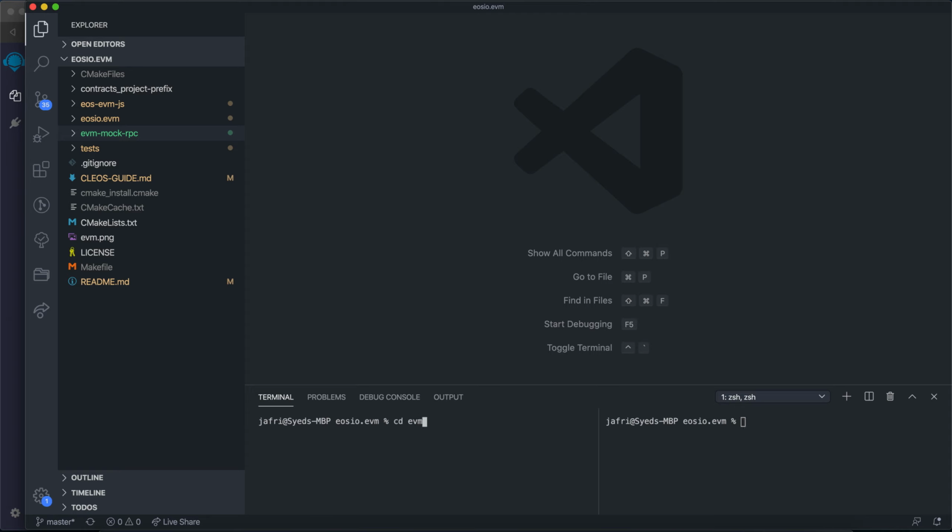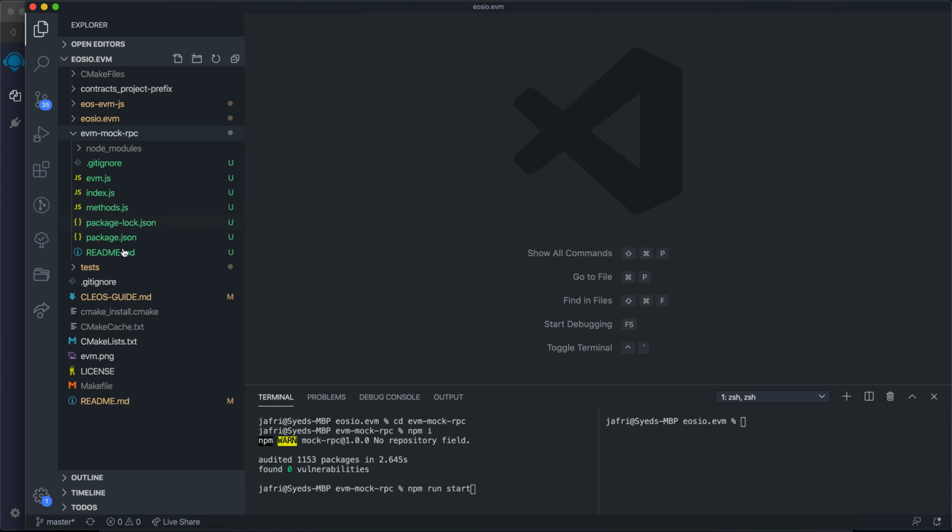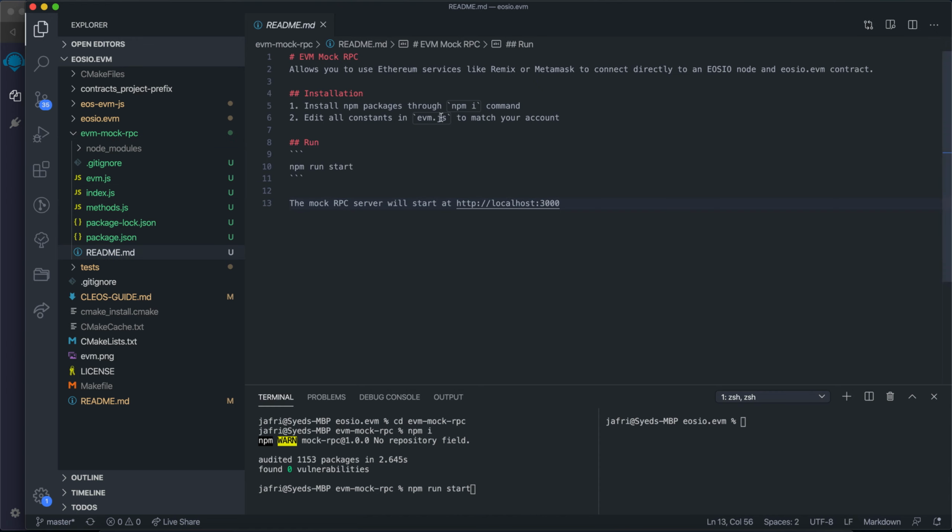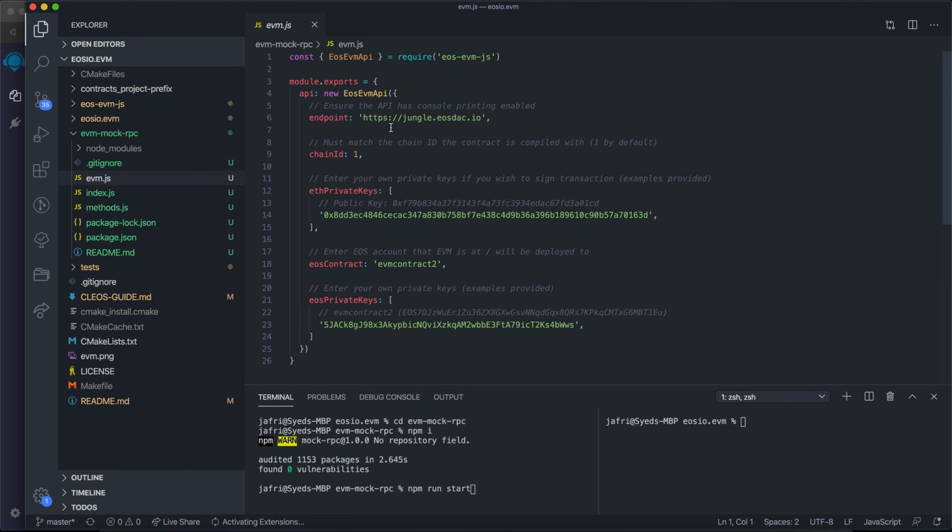If you move into the EVM mock RPC, just install the packages with npm i, and then just run npm run start. And these instructions are in the README here too, as you can see, npm i, and you can edit the constants here. Here's where you would enter in the eosio node endpoint, the chain ID, which matches what you have specified in your contract at compile time, your Ethereum private keys, which matches the Ethereum address that you'll import into the service like Metamask,